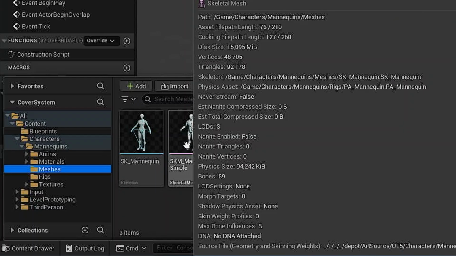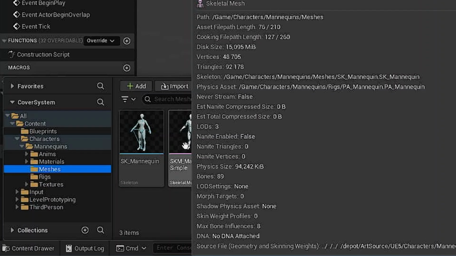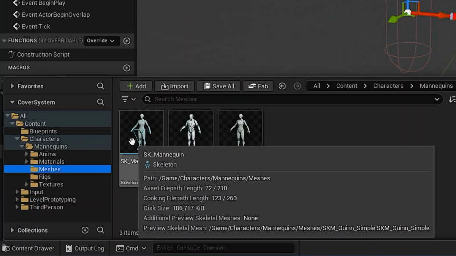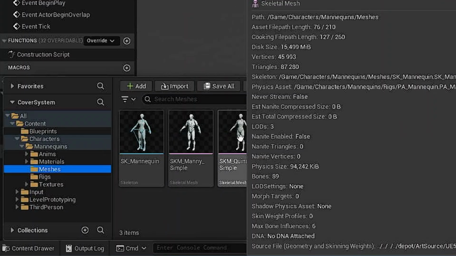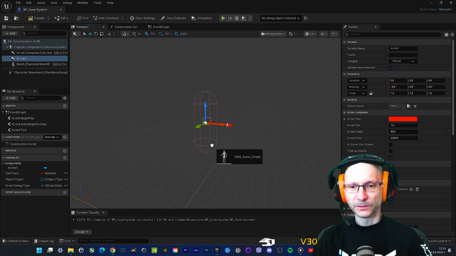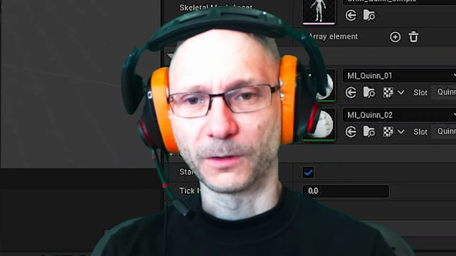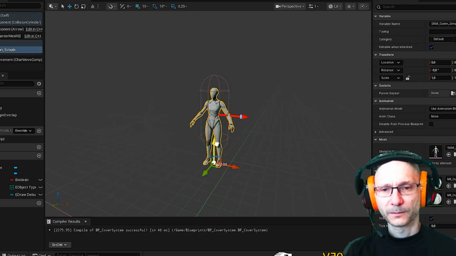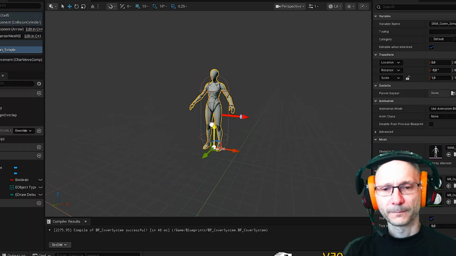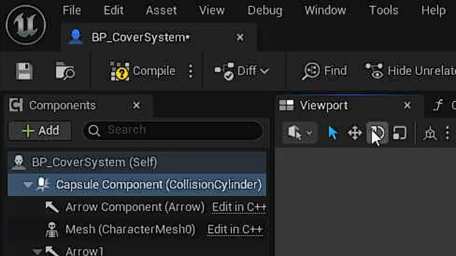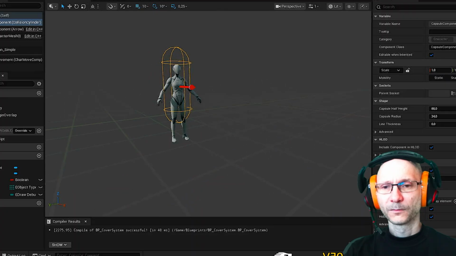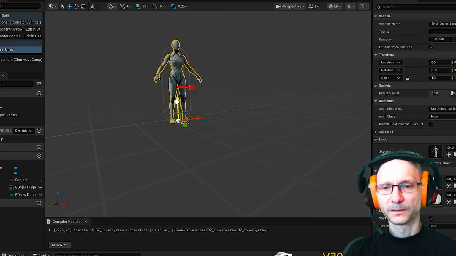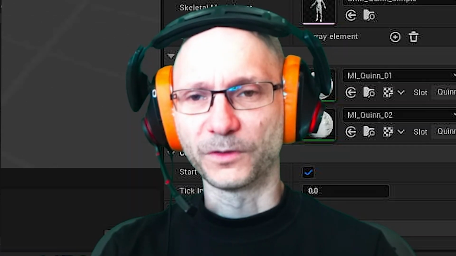I don't think we need the skeleton. Which one should I use? Oh man, I need to ground this down, right? Can we move this one as well? Maybe we cannot. Okay, then we can move this one.